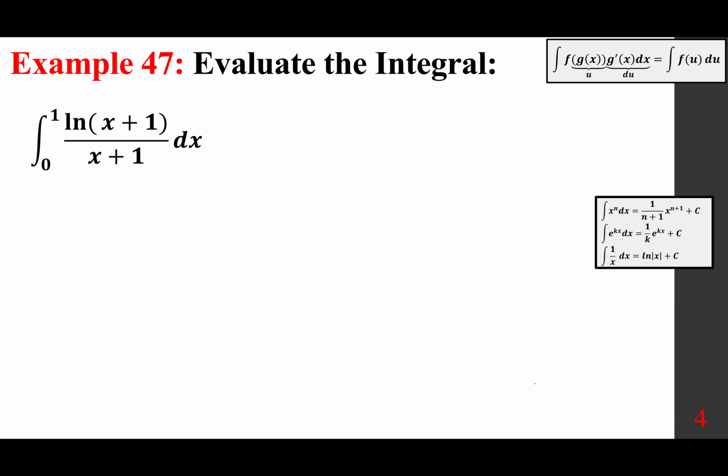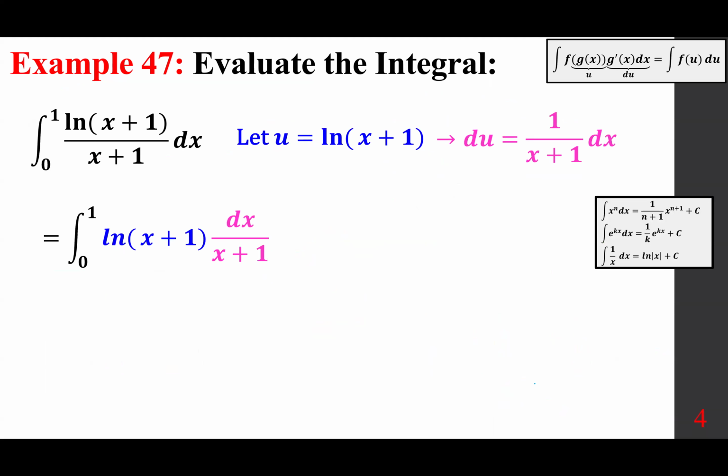The integral from 0 to 1 of ln of x plus 1 over x plus 1 dx. Again, natural log is involved. That's a choice option. As you know, its derivative is 1 over x plus 1 times 1, or simply 1 over x plus 1, which makes du equal 1 over x plus 1 dx. Again, let's rewrite it so it becomes clear